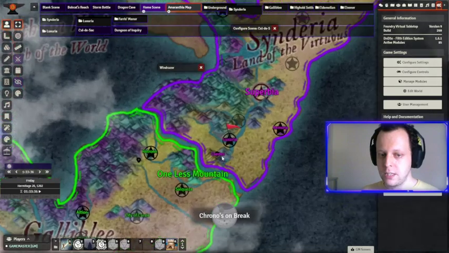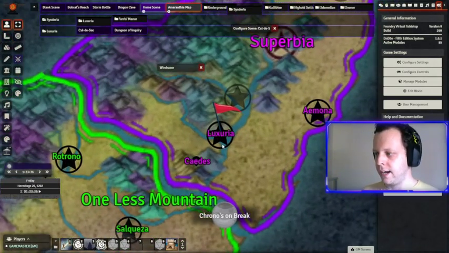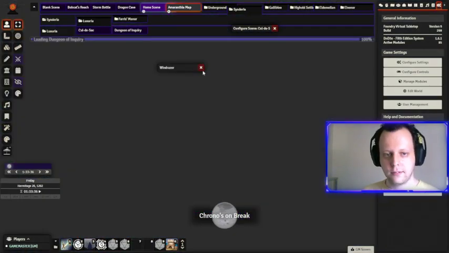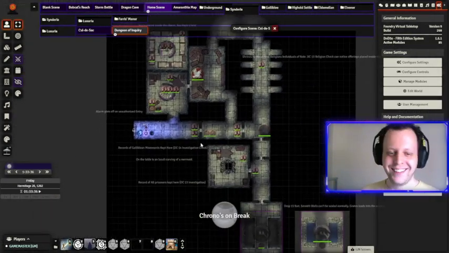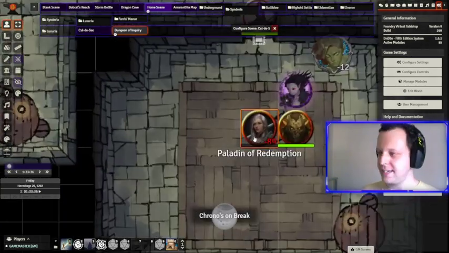So they went to this place over here called Luxuria, which is the first time they've ever been in Cinderia. They found out where this person is being kept. She's being kept in a place called the Dungeon of Inquiry over here. Well, this giant map here. She is all the way down here, but she has had her mind